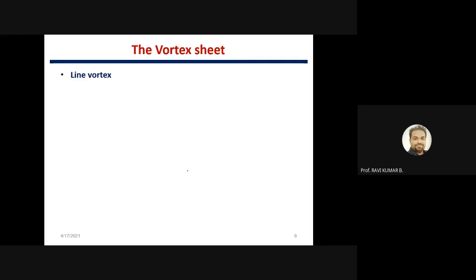So next the topic is vortex sheet. When you are talking about vortex sheet, try to recall the definition of free vortex that I gave you in potential flow: free vortex, line vortex or point vortex. As I said, a line vortex is basically defined as a string of rotating fluid particles. They will be rotating on their common mass center and taking around them a swirl of moving fluid particles. They are rotating about a common axis. That is known as a point vortex. In a point vortex, usually you have seen a single point and streamlines will be curved.